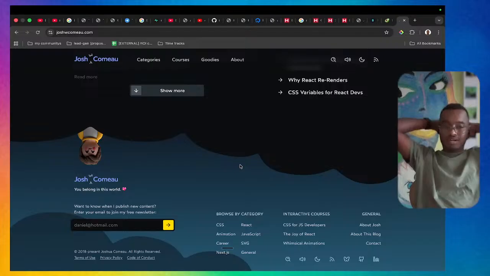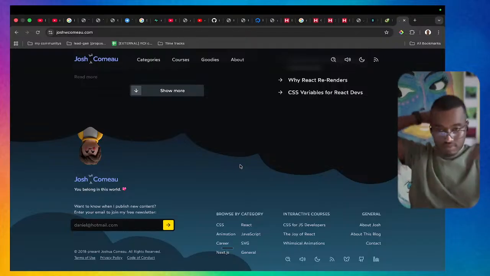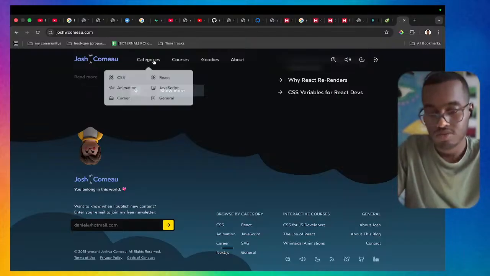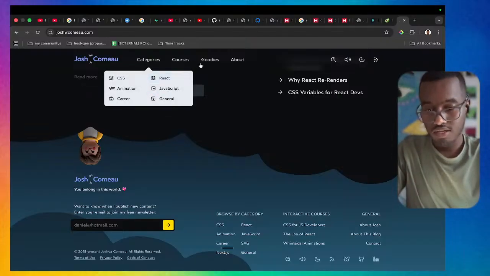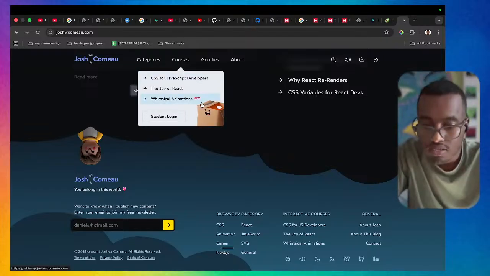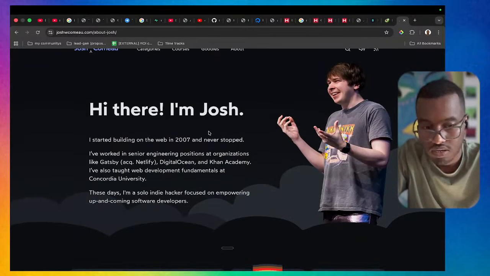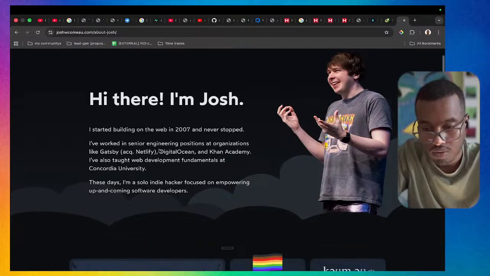Oh my god. This is crazy, man. We have a Reactor, Java, Career, Animation, CSS, kind of great. CFS card, white space, goodies about, I am Josh. I started building on web in 2007 and I never stopped it. I worked with